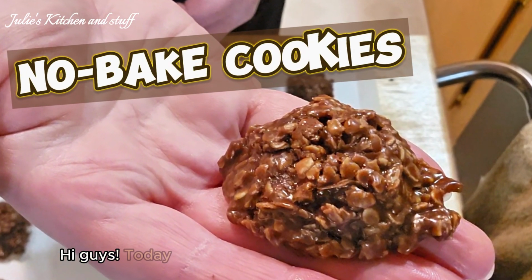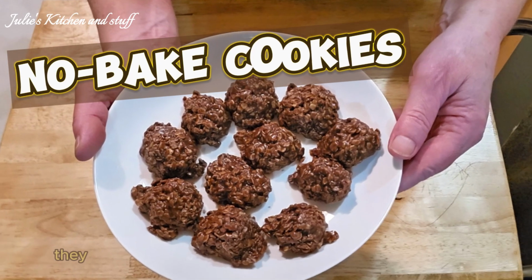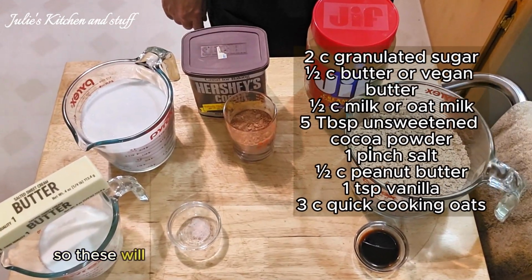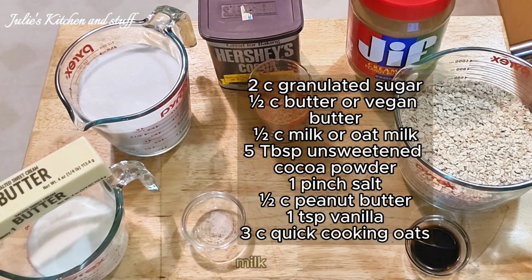Hi guys. Today we are going to make no bake cookies, meaning you don't bake them in the oven. They are cooked on the stovetop in a saucepan, and I love them. So these will just take some unsweetened cocoa powder, sugar, butter, milk, salt,